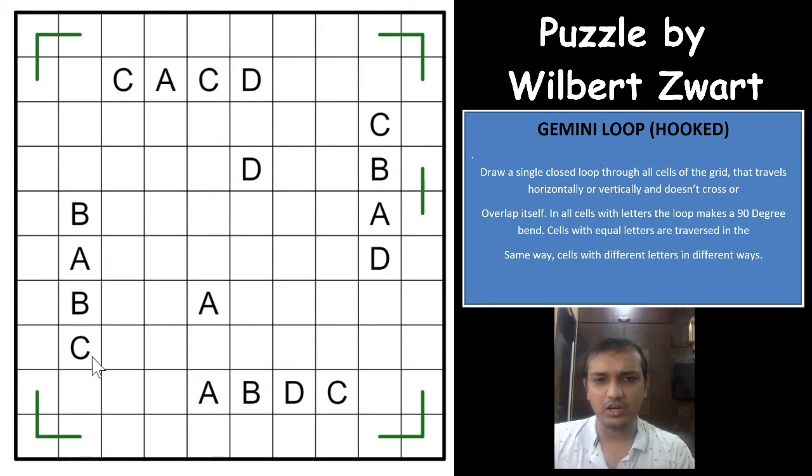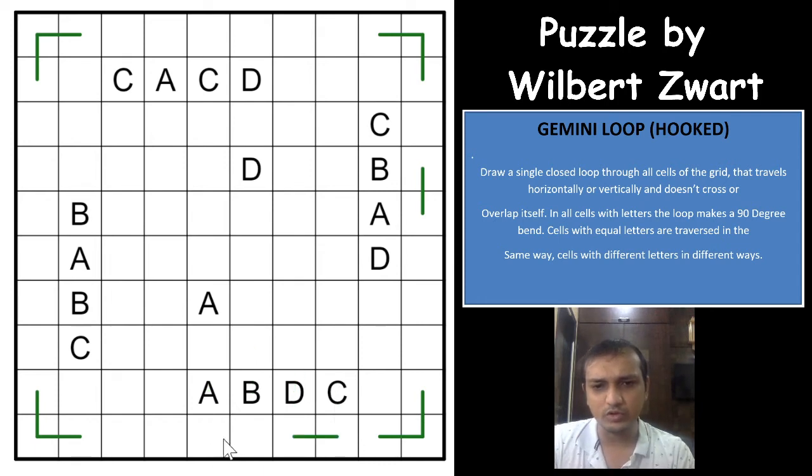Now if you see this group here, the same thing applies for the vertical section of B. Wherever B goes in the vertical section, maybe in the top or in the bottom, A and C will have to go in the same direction for the vertical segment. So A and D was for the horizontal segment, and here A and C form the vertical segment. The same logic applies, which means that B and D will have to go in the same direction. So if A comes down, C will also come down, and B and D will go up.